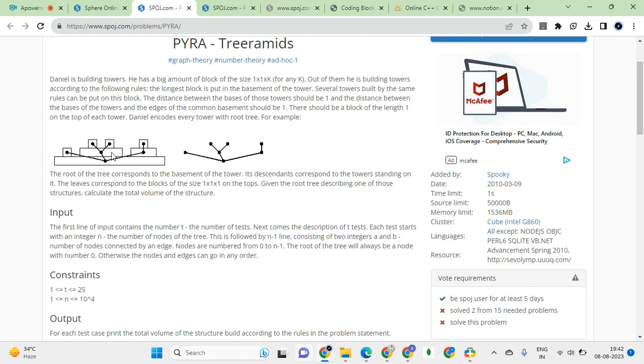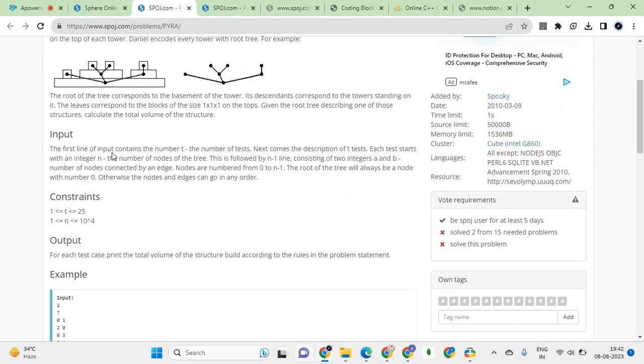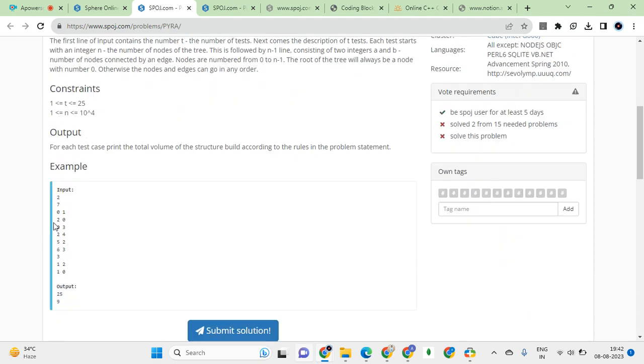Again, one thing is the volume. Okay. What do you mean by volume exactly? How much volume does this have? Let's see the second test case first. So you have 0 to 1, 1 to 2. So this would be 3 units. Then standing on it is 1 unit. No, at the very bottom there are 5 units. Then there are 3 units, and then there is 1 unit.